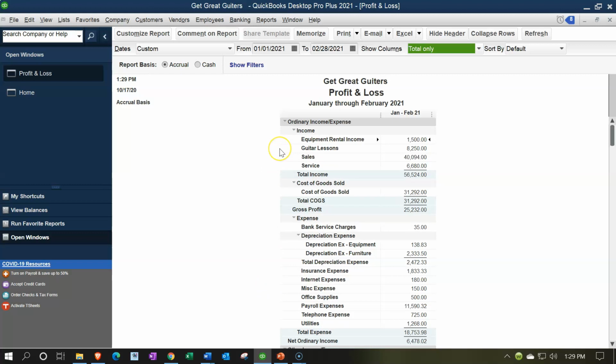Now, up top, we could make a few different graphs if you were to think about the income line item. We could make a pie chart on just basically the line items of income, the categories of income. In our case, equipment rental, guitar lessons, sales, and service. Now, most companies, however, will have a fairly small list of actual accounts, meaning we might have just one account called sales